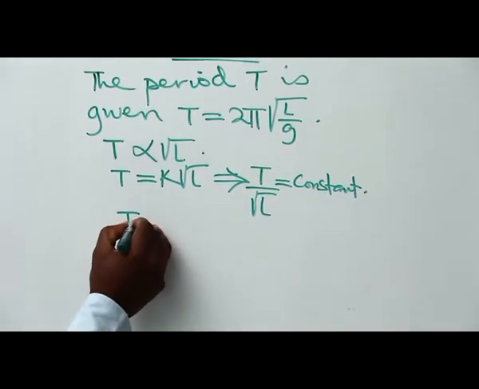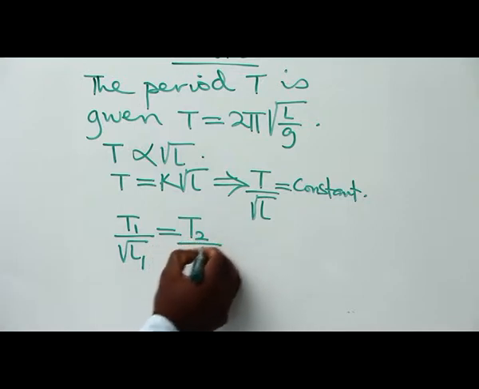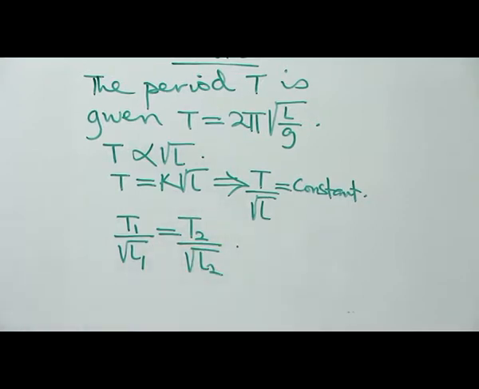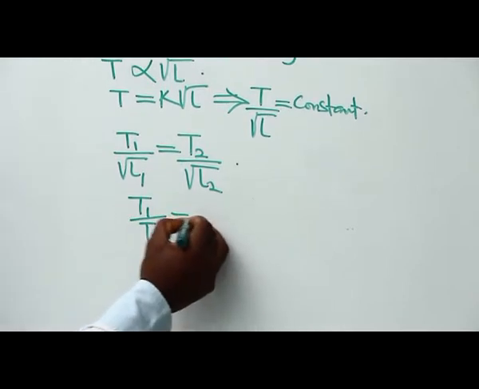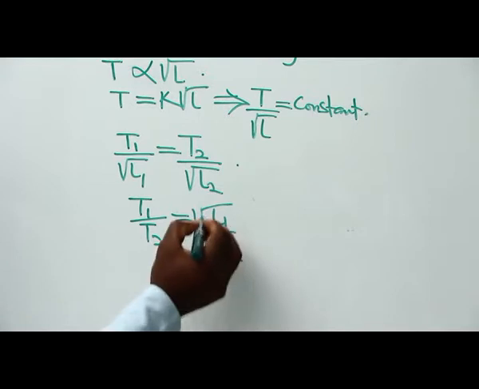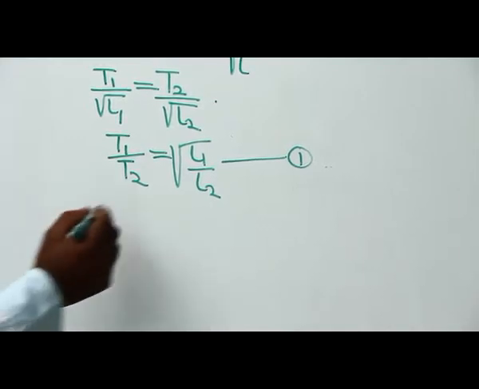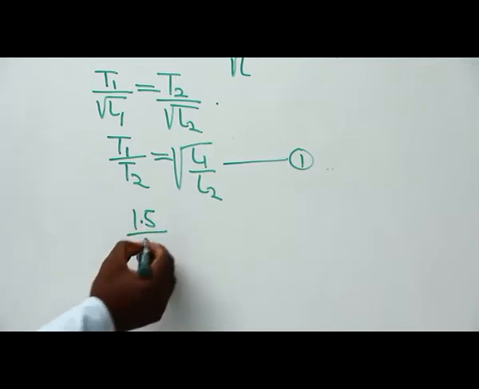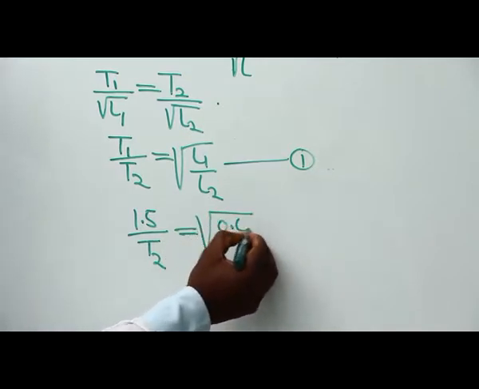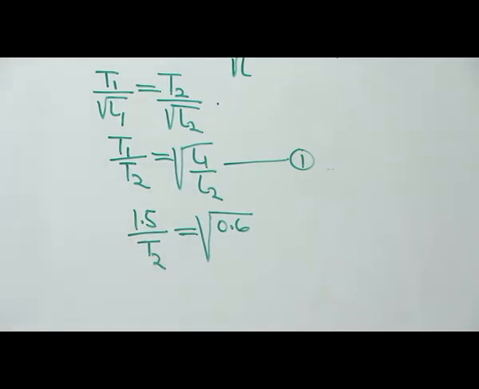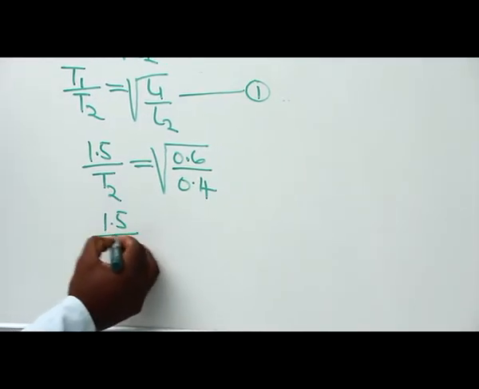So the period T1 at a given length L1, relates to the period T2 at another length L2. From this, we get that T1 divided by T2 should give us the square root of L1 over L2. This is the key equation we are going to use to solve the problem. We are given the period as 1.5. That's the first period. We are looking for the second one. We are told that the length is 0.6 at that period of 1.5 seconds. L2 is 0.4. If you divide that, you will get